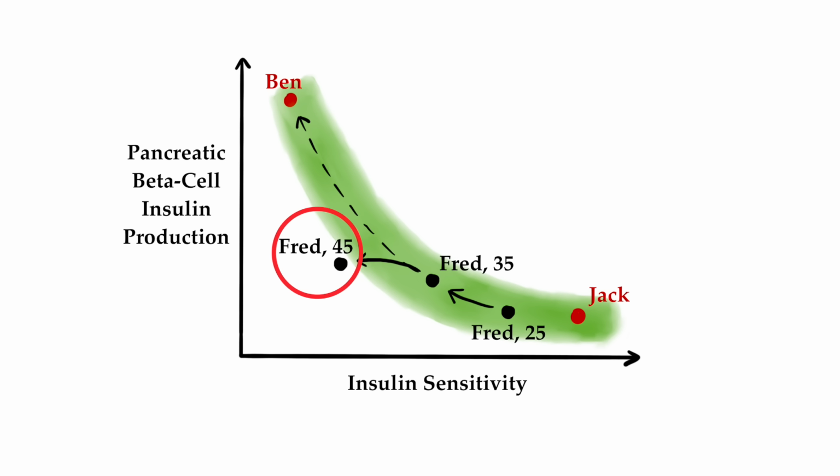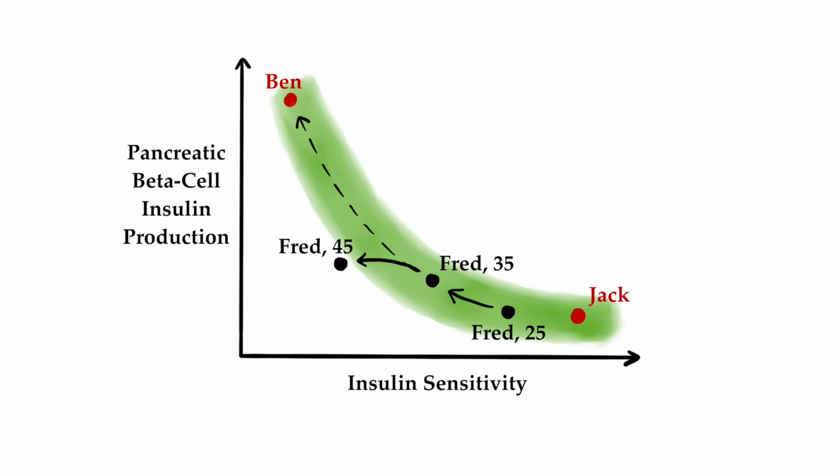He is now here. He is again more insulin resistant than at age 35, and now his beta cells were not able to keep up with demand, at least not fully. We could also say that his beta cells are no longer able to compensate for his insulin resistance. So what we have here now is a state where his circulating insulin levels are quite high and potentially higher than when Fred was 25 or 35, but not high enough for his level of insulin resistance. His body is now no longer able to keep his blood sugar levels within a normal range, and as a result, he now has prediabetes.